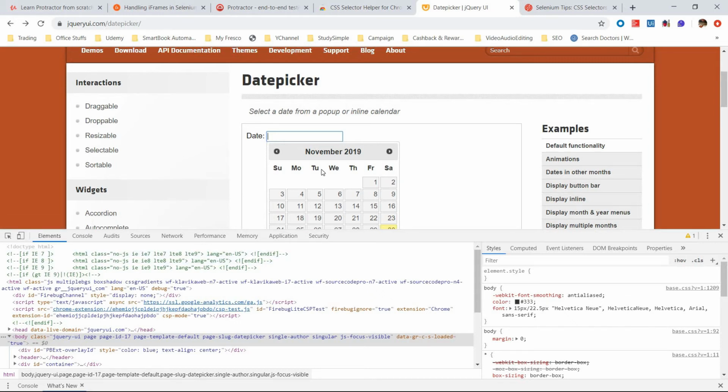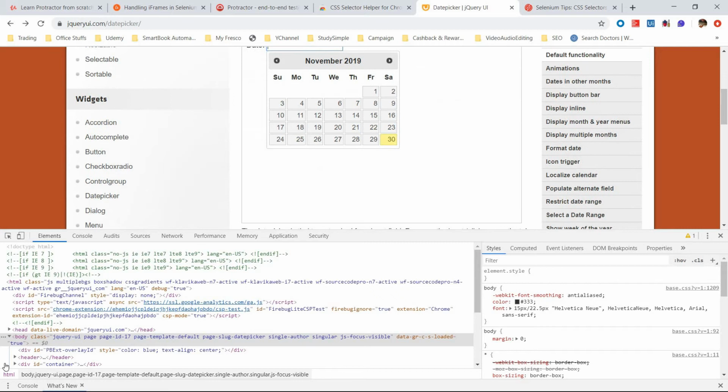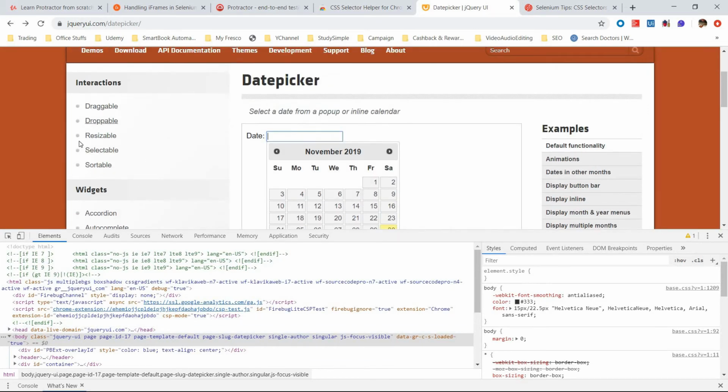Now let us understand one thing. Our focus is completely inside the iframe. As this part is outside the iframe, what do we need to do? We need to switch back to the default content.